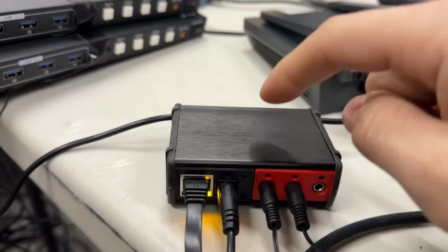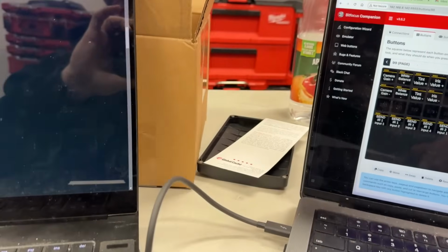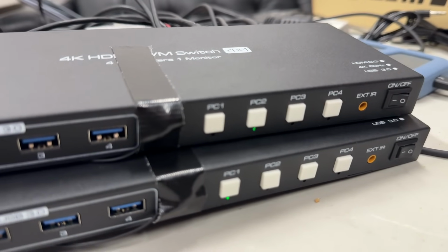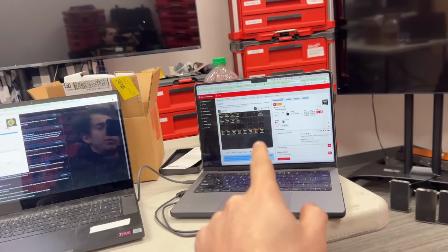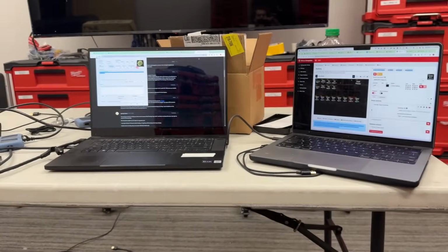The IP to IR converter box can control up to 3 different devices and comes with little extenders that I can place and stick directly on top of the IR receivers on the KVM. So there is no way for them to miss a signal when I send it. Then I programmed the IP to IR converter from the KVM supplied remotes and finally started sending it TCP signals